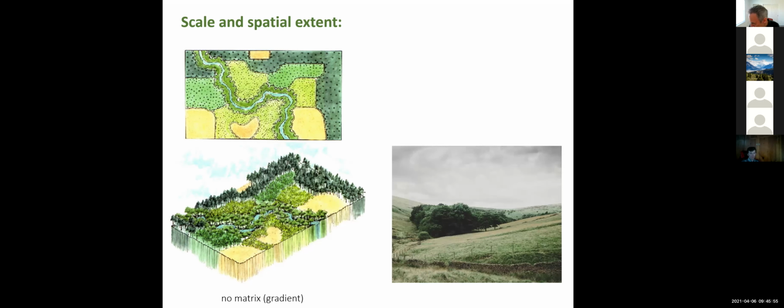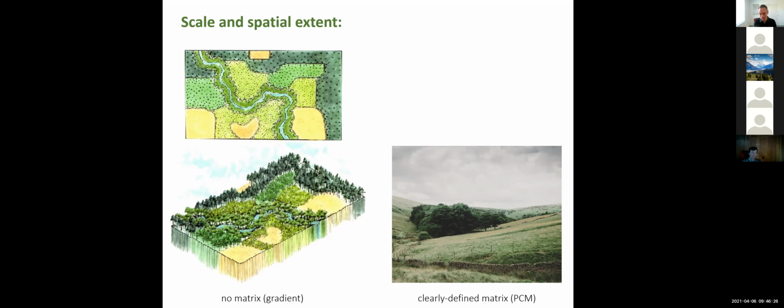In this example of a forest patch that's embedded in a prairie landscape, though, it's a much more clearly defined matrix based on our criteria of area, continuity, and control over dynamics. And in that case, we'd be using the PCM model to assess that landscape, right? So the model that you use to assess the landscape is partly determined by the condition of that landscape and whether or not you have an identifiable matrix.